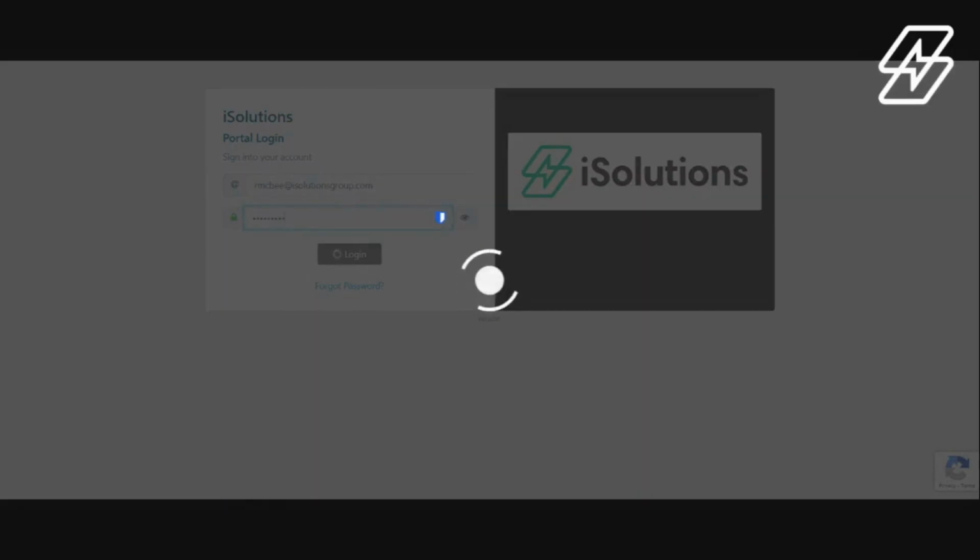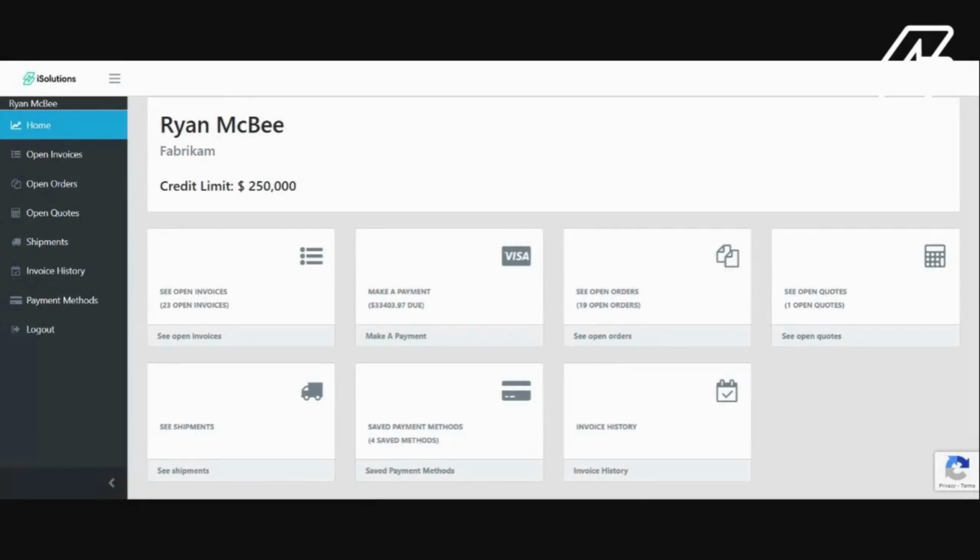When I'm logging in right now, it's making a call to Business Central to validate the username and password. And right now it's rendering the customer information from the BC ledger. A couple things with our portal. Like I said, it is a real-time portal. We do have a lot of additional functionality in addition to being able to pay invoices and view past due